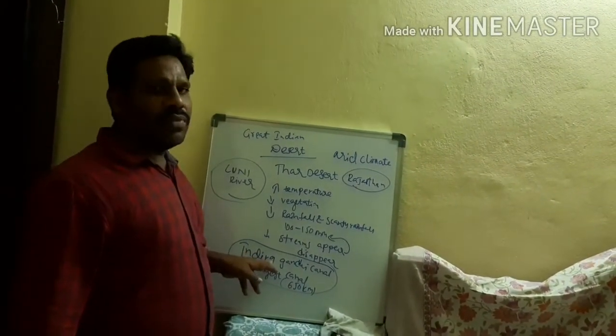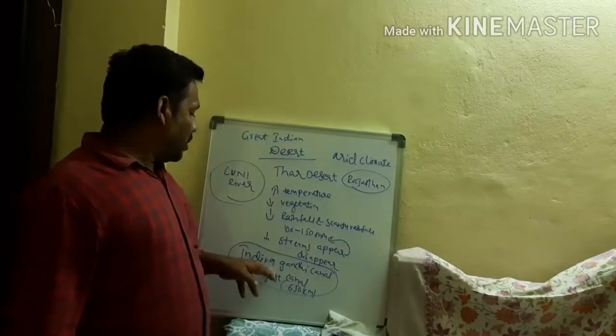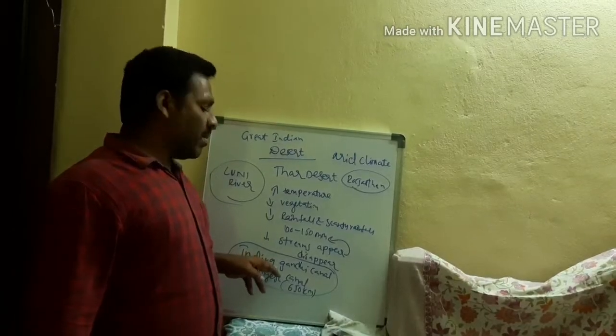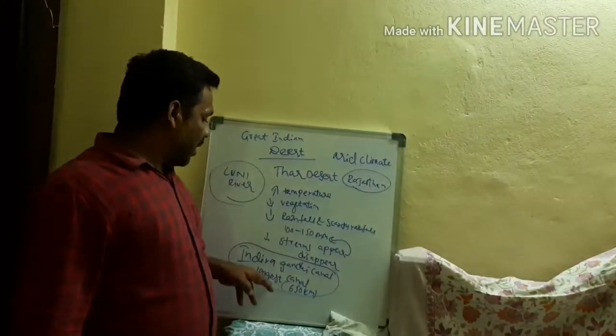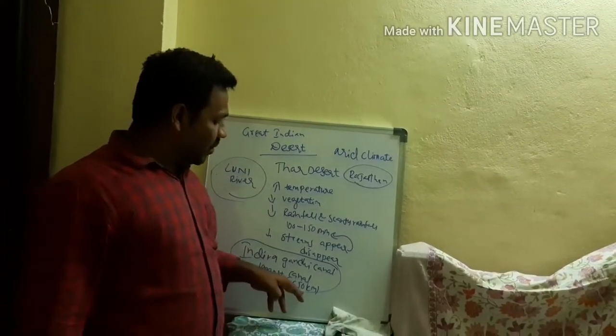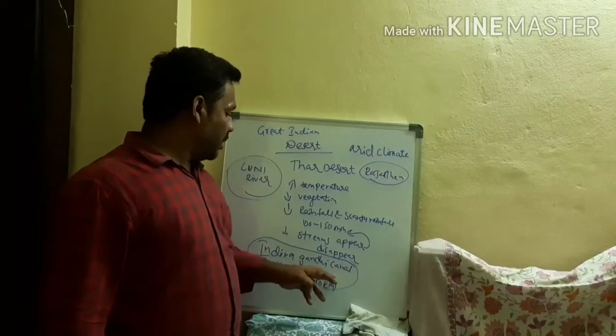The longest canal, which we call the Indira Gandhi Canal, is there. It is the longest one in India. They kept this name in memory of Indira Gandhi. It is called the longest canal in India, with a length of 650 kilometers, used for irrigation in the agricultural system. They are using this canal.